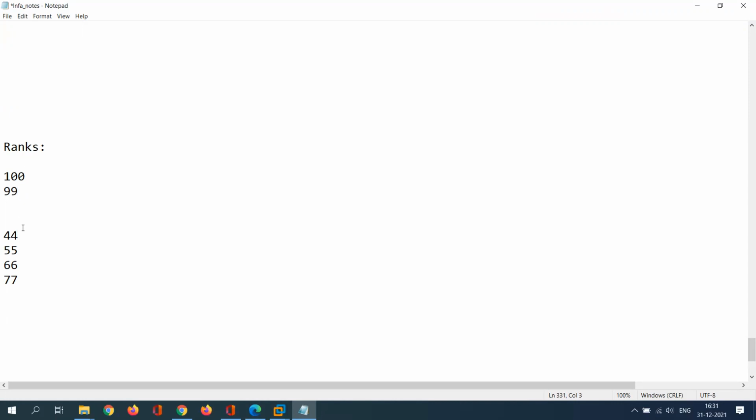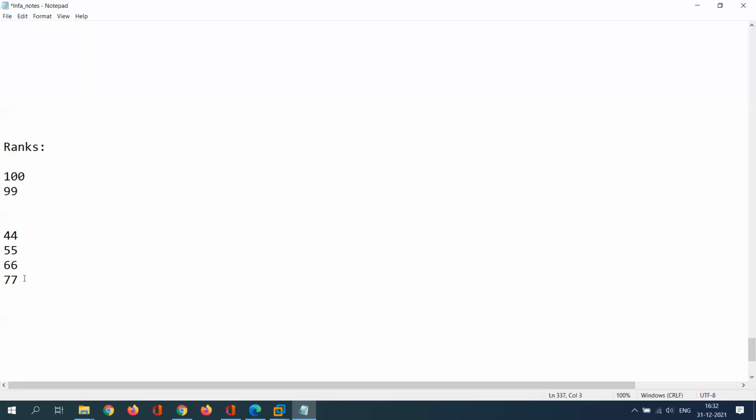Now our next value is 44. It will come here and compare, right? This is lesser than these two values, so it will discard. Then 55 will come and compare with 99, 100. Again, this is lesser than 199. We have another value, that is 66. 66 compared with 99, 100 is also lesser.